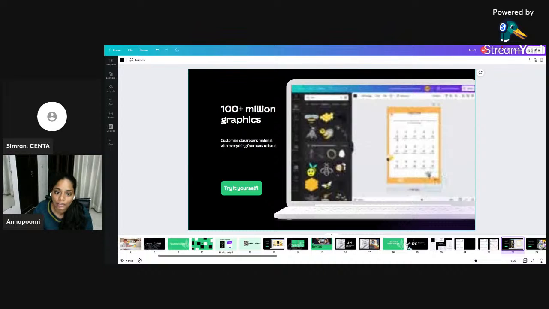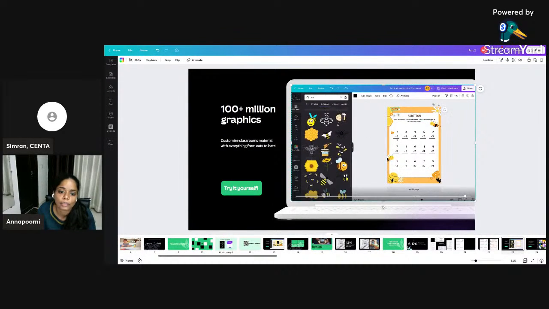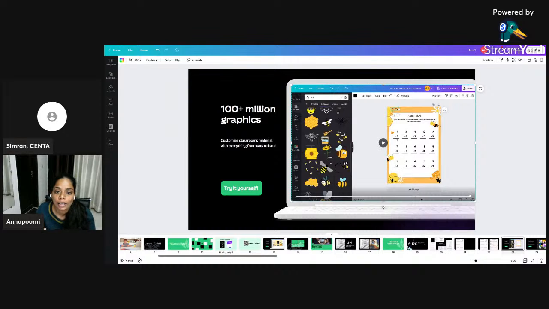Okay. Canva has 100 million graphics. I mean, if you don't like cats, you don't need to use cats. You can use bees. You can use a lot of different things that you feel are comfortable, and you can go to this Elements tab on Canva and create as many worksheets, move things around, and make it as comforting as per your storytelling, as per the environment that you want to create. You can make it as customized as possible. So that's where we are coming to graphics.